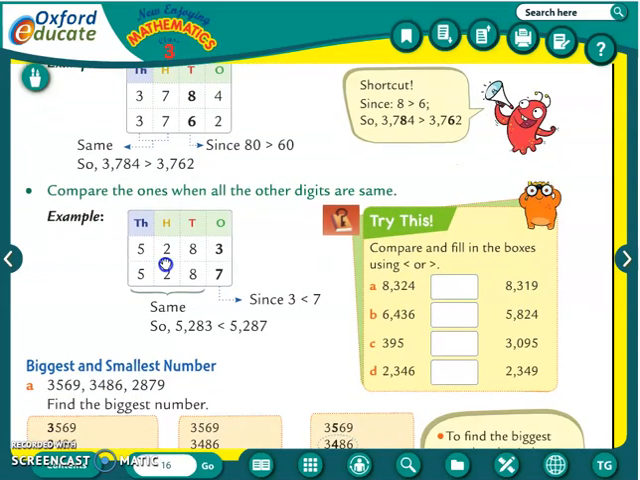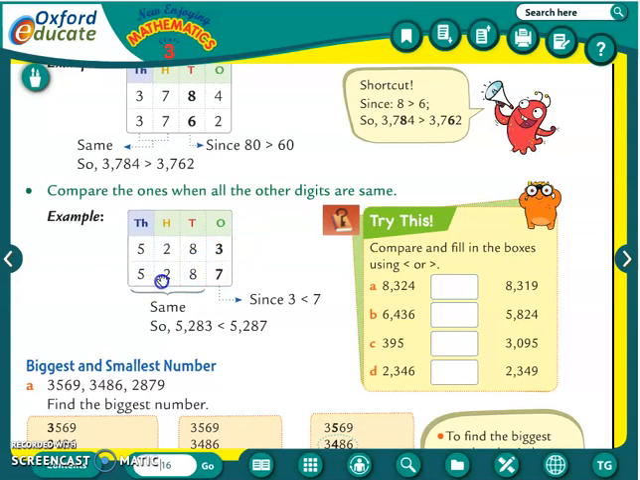Understood? And now we will see if thousands, hundreds and tens are same only, then what will we do? So if they are same, thousands, hundreds and tens are same, then we will compare ones. Okay. So compare the ones when all the other digits are same. Okay. So here you can see